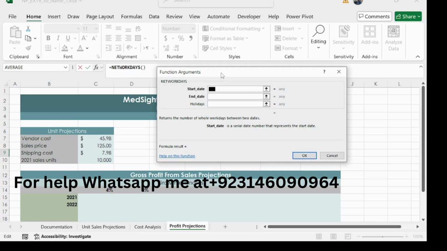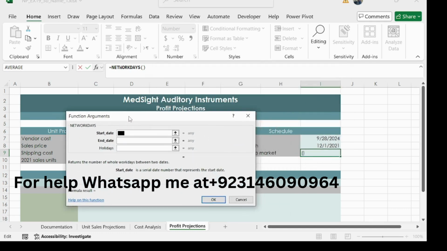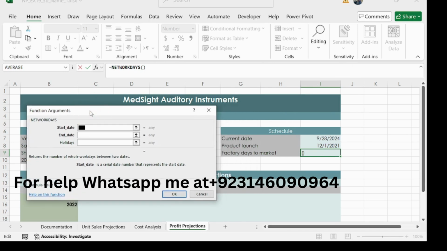So type equal to NETWORKDAYS, double click on it, and in the function arguments our start date is the current date, and our end date is the product launch date, which is I8 like this.